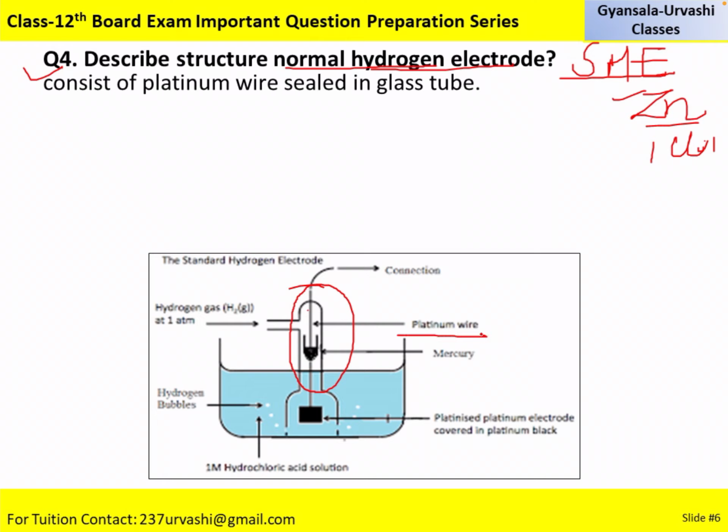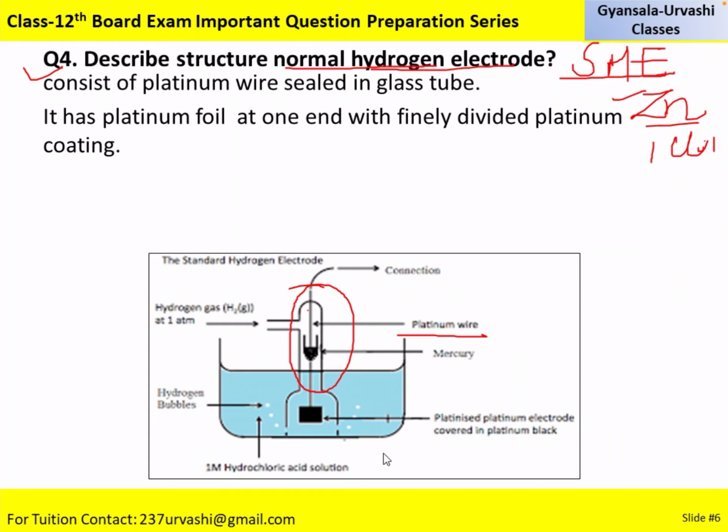Okay. So we are discussing the structure. Now if we go point by point, I suggest for all the long answers or all these types of questions, you please study one point at a time or make pointers, step by step, then it will be easy to learn. Now a glass tube and a platinum wire are present there. Okay. What else is next? Now it has a platinum foil, and the platinum foil at one end has a finely divided platinum coating. So this is your platinum foil with platinum coating. The coating which is present is also of platinum.